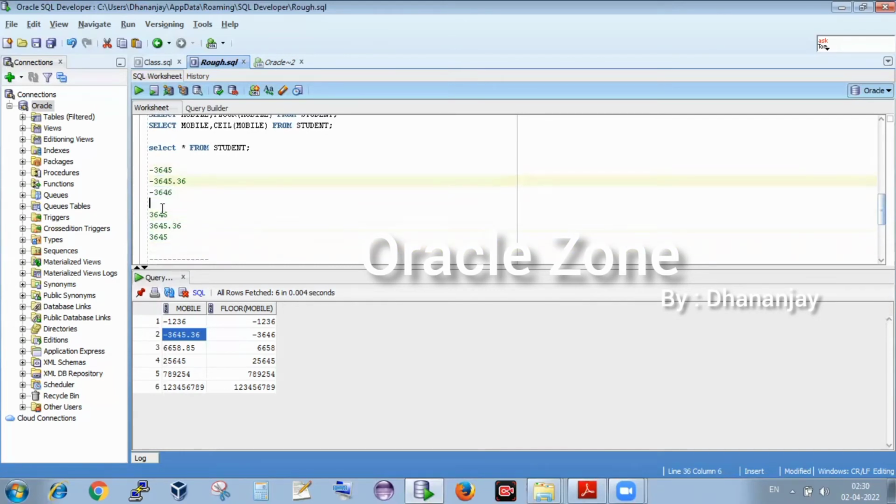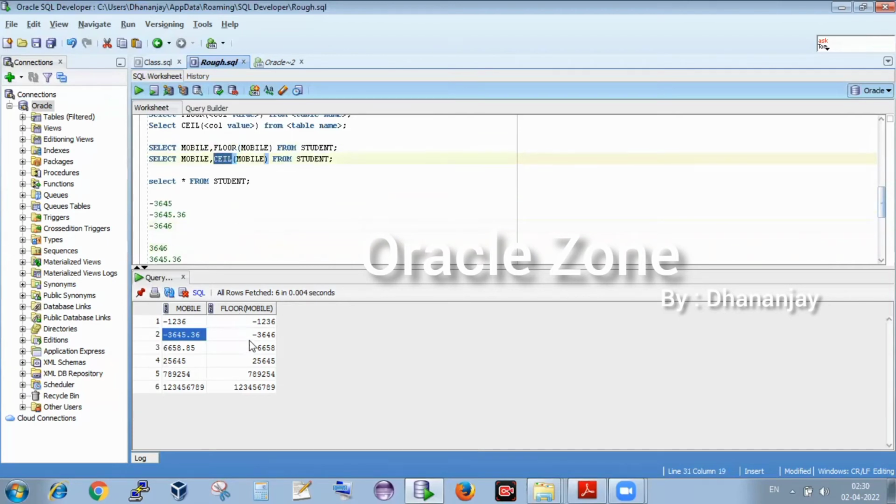Okay, so I hope you can check the differences. What are the differences with the negative and positive sign? So I think you will not get confused with floor and ceil if there is some concern about the positive and negative sign. Basically, in short, floor is giving the nearest possible lowest value. So for this -3645.36, my negative sign is there, so the lowest value will be 3646. Nearest lowest value, if you remove the decimal, will be 6658. This is a complete integer value, so it will be as it is.